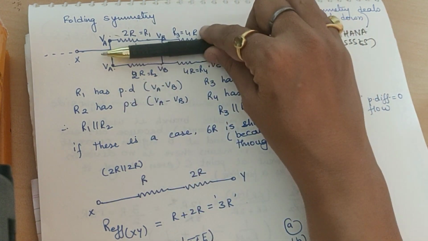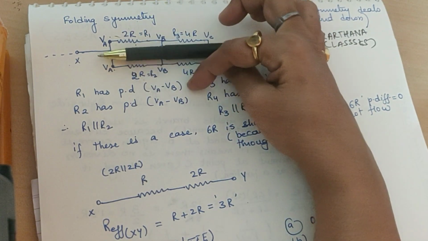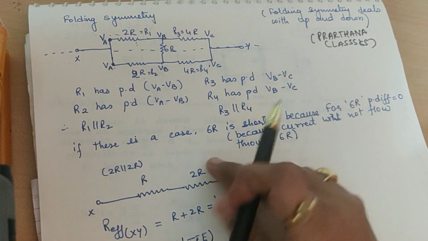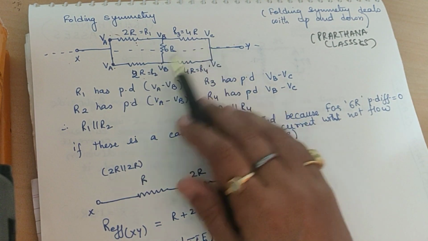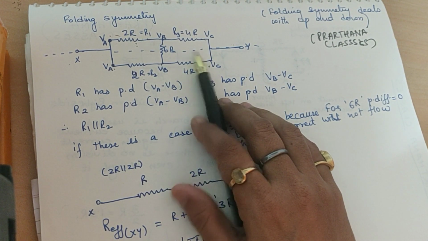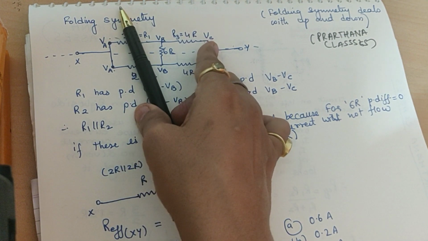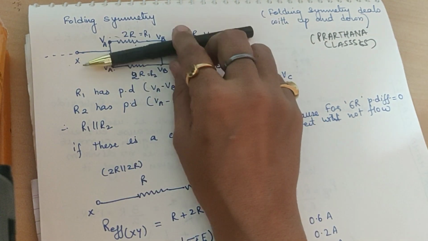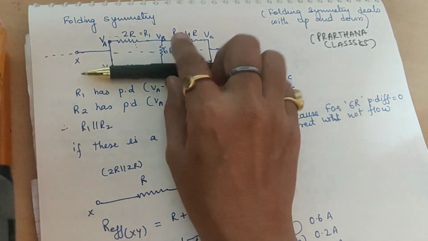So if I put a mirror like this, then what do you say? This is 2r, this is 2r, this is 4r, and this is 4r. When this type of thing exists in a circuit, this is called folding symmetry. Now what is the difference between folding symmetry and the mirror symmetry? Mirror symmetry is always perpendicular to these terminals x and y, where we take the imaginary battery. And the folding symmetry is parallel to xy, means along xy. Fine, that is to be folding symmetry.